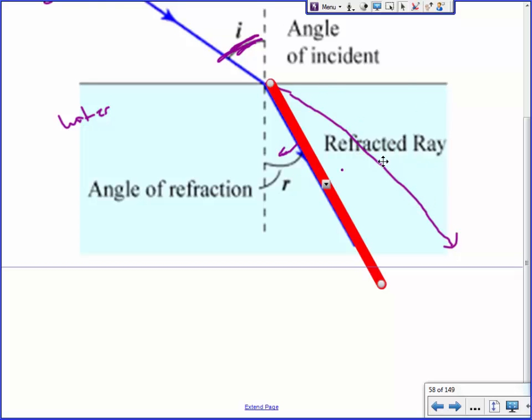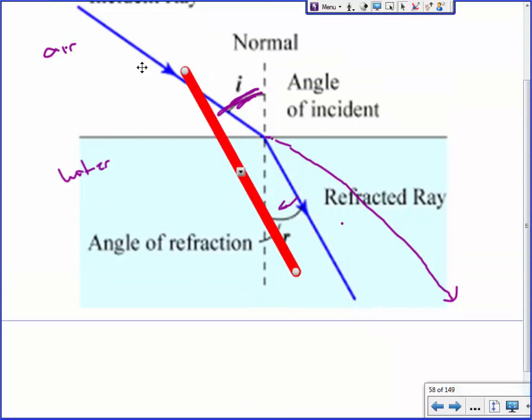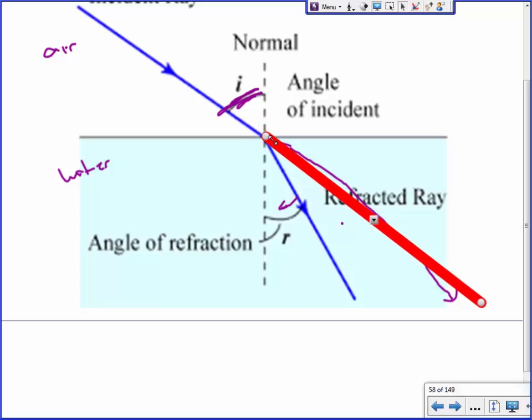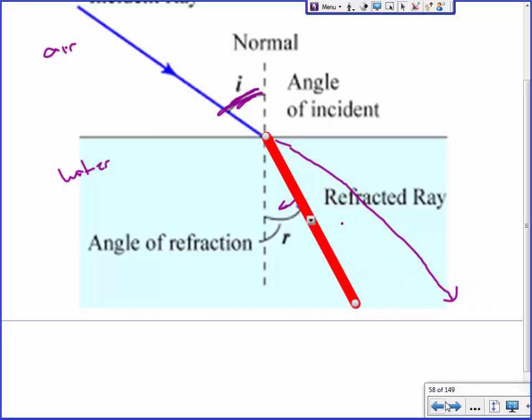Right. If this were you and you had to wade through like a bog of mud, right? And here's the sidewalk, and it's nice and clean, and this is mud right here, right? And you were planning on traveling in a nice straight line. That's what you're planning on doing, right? But then once you get to this location right here, you recognize, wow, look how far I have to travel through this mud. Wouldn't it be smarter to cut your travel distance a little bit in half so that you only have to go from here to get out of the mud rather than from here to get out of the mud? So that's how I keep it straight in my mind, if any of that made sense to you, is